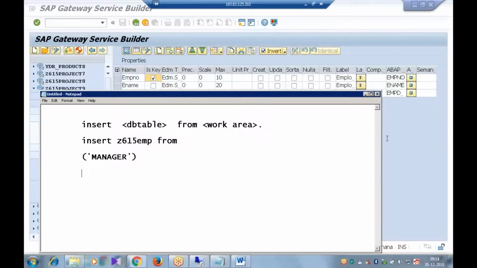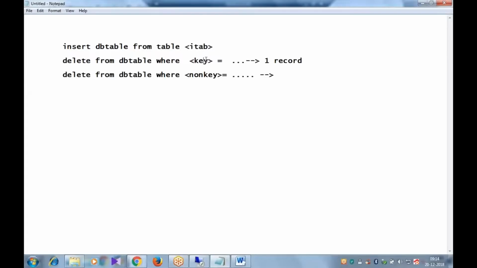Is it clear what I am trying to say? If you are trying to delete based on key property, it is always guaranteed that only one record will be deleted. I cannot delete multiple records here because you are comparing with a key property, which doesn't have duplicate values. Your agenda is you want to delete multiple records. So multiple records means you have to compare with a